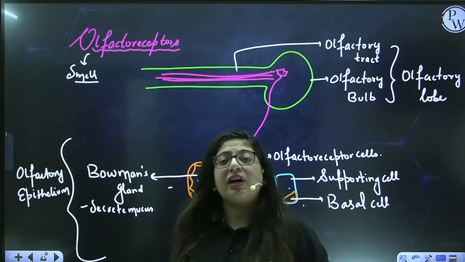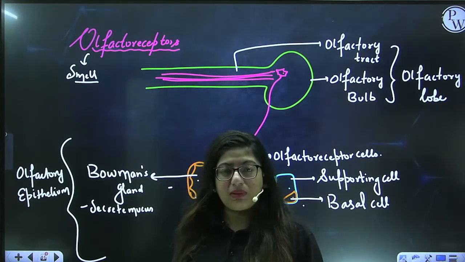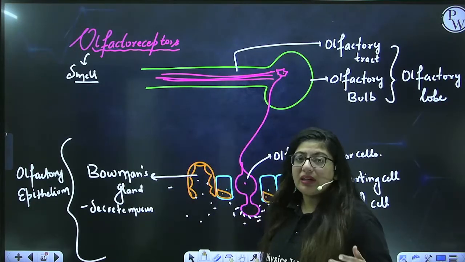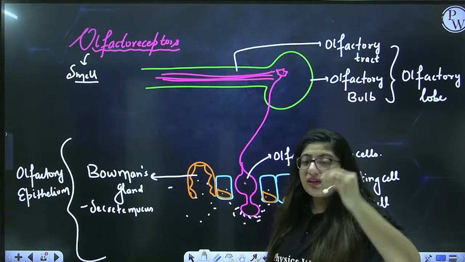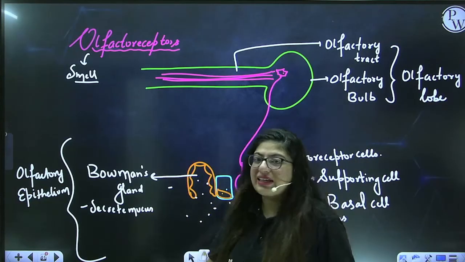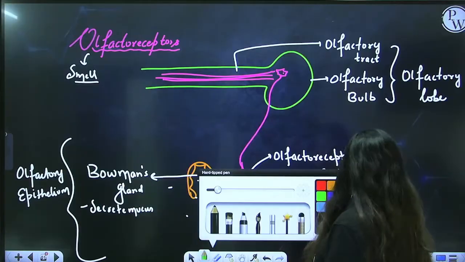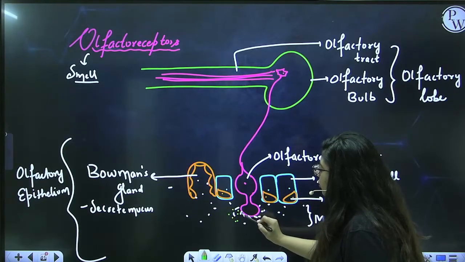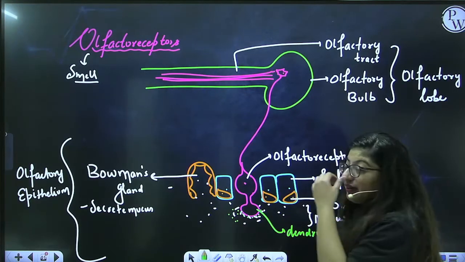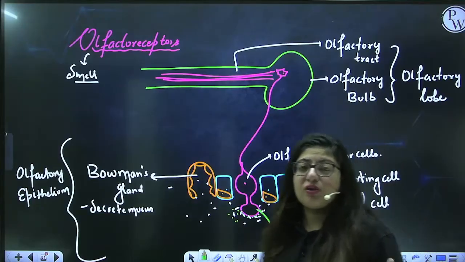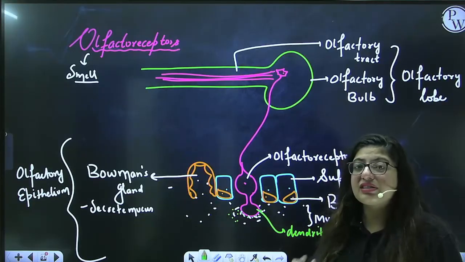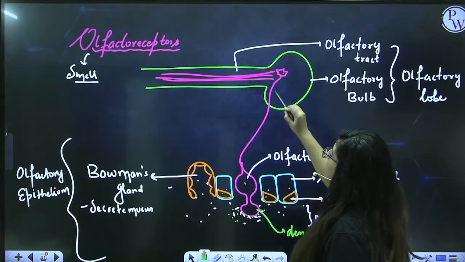How? Because certain aromatic compounds get diffused from the Maggi into the air, and from air those chemicals or aromatic compounds will enter into your nose. In the nose, there is a thick layer of mucus. This mucus is secreted by the Bowman's gland and the chemical will get mixed with this mucus and then it will bind to this structure which is the dendrite. Dendrite is a part of olfactoreceptor cell and this will cause depolarization or create action potential in it, or we can say these olfactoreceptor cells will get stimulated and through these nerves it will send the impulse